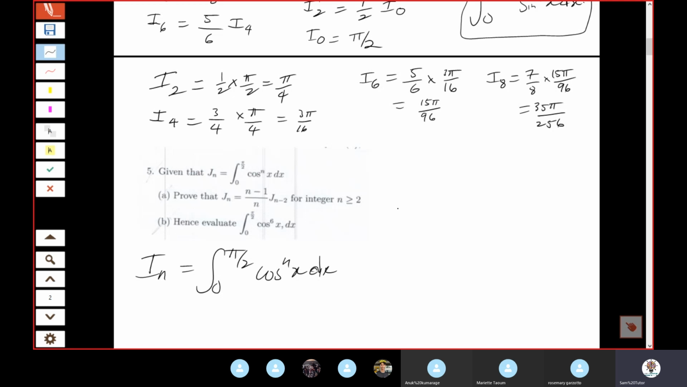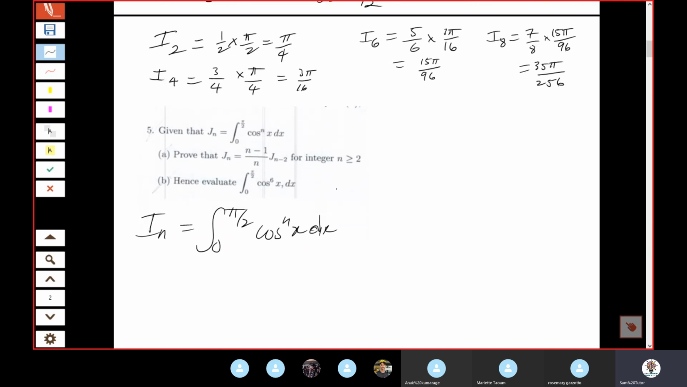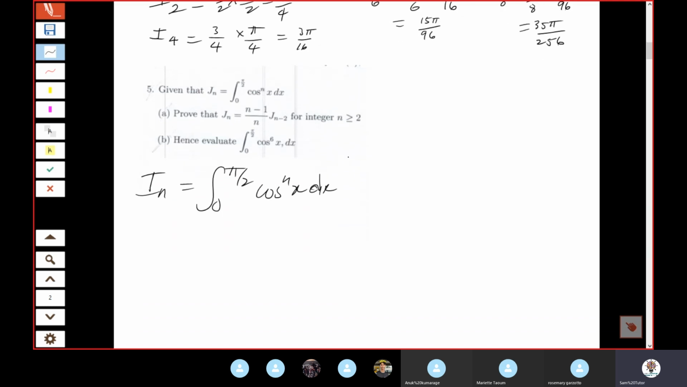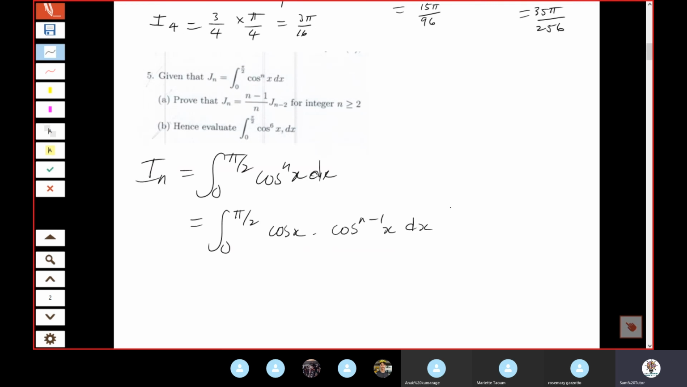Okay, so the integral of cos^n x dx. Next line. That I can't use off the bat. What I've got to do is just split it up into cos x and cos^(n-1) x dx. Now